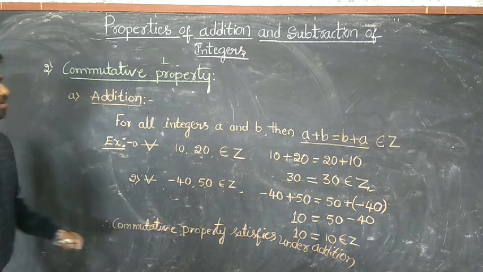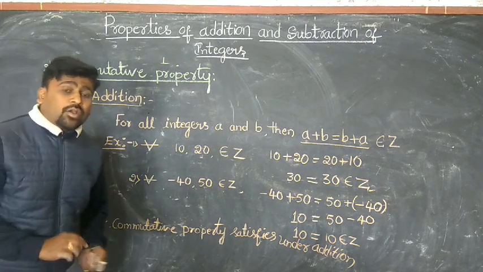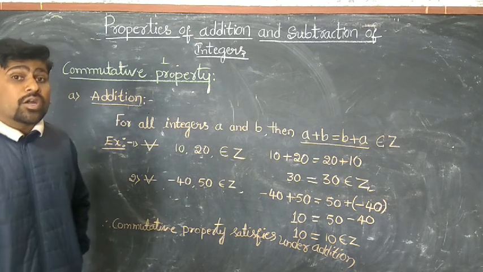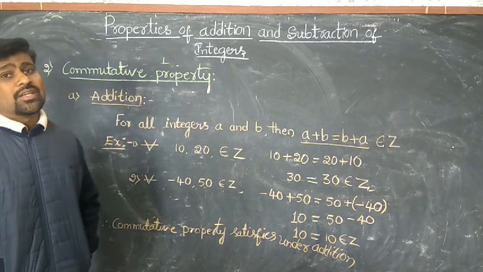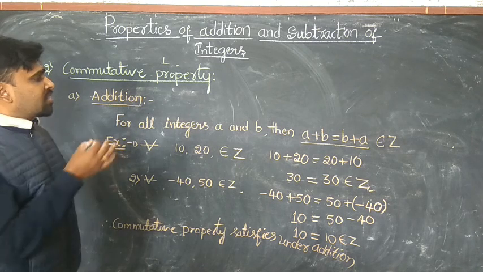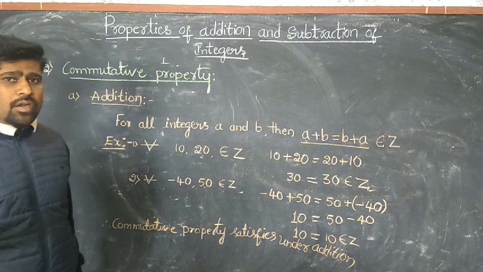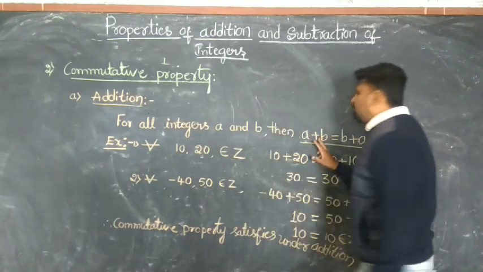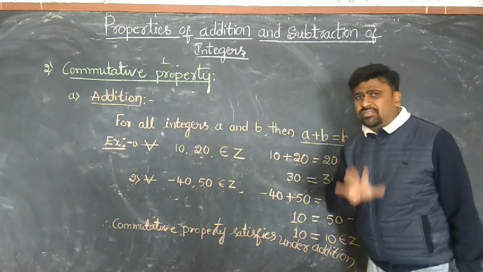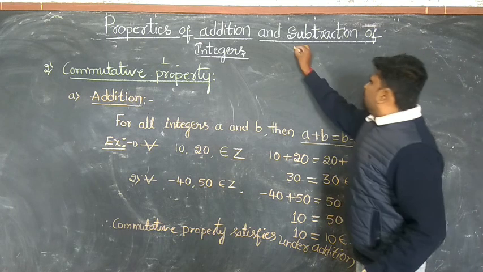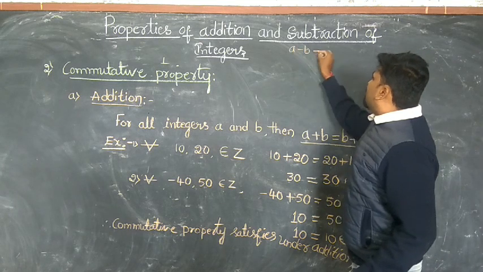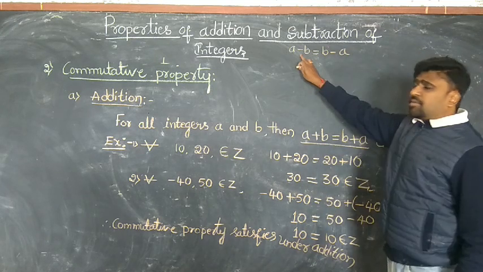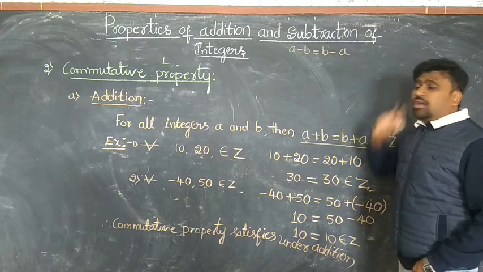Same as it is, take it down in your CWO. But this kind of commutative property is not satisfied for subtraction. See, I will tell one example. That one you don't need to write in your CWO. Here commutative property, nothing but in place of plus we are writing minus. That is A minus B is equal to B minus A. Clear? In place of plus we are writing minus.